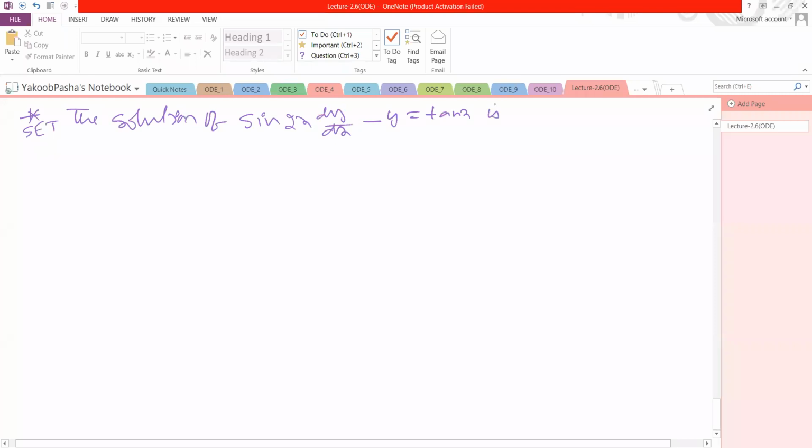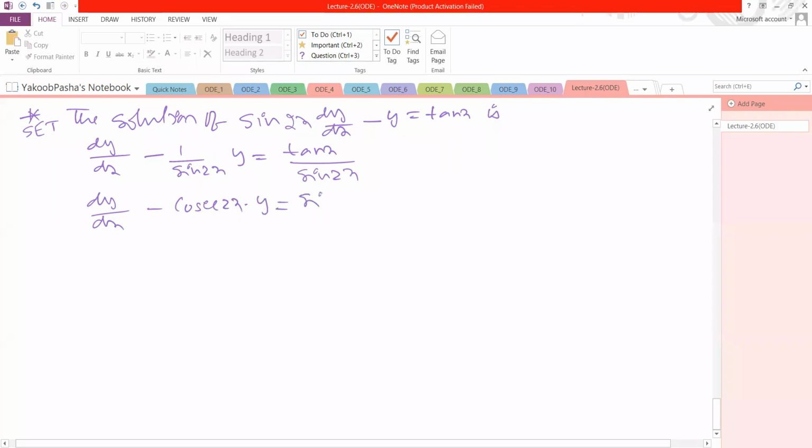So we can divide the entire equation by sin 2x. So we get dy by dx minus 1 by sin 2x into y is equal to tan x divided by sin 2x. So here we have dy by dx minus, 1 by sin 2x is cosec 2x, into y is equal